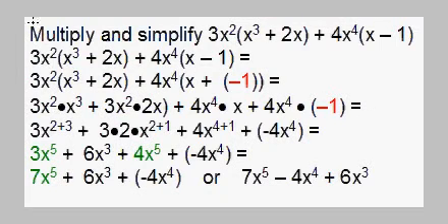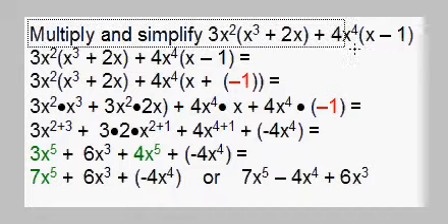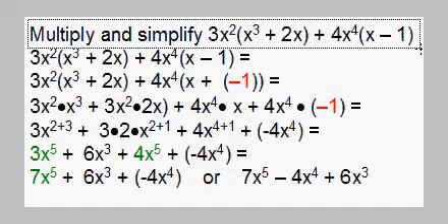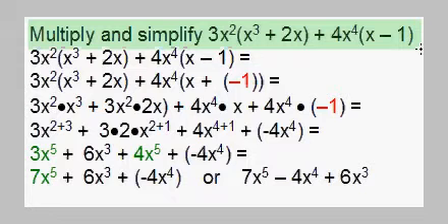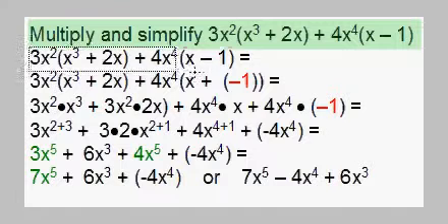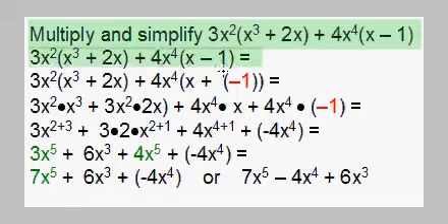In the next example, we're going to multiply and simplify 3x squared times the quantity x cubed plus 2x plus 4x to the fourth times the quantity x minus 1. In this problem, we use the distributive property, we're going to group like terms, and we're going to use the multiply rule for exponents. First thing I do is I rewrite the problem here,